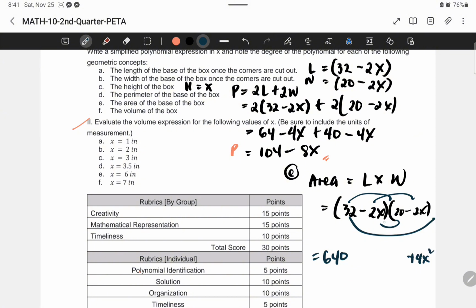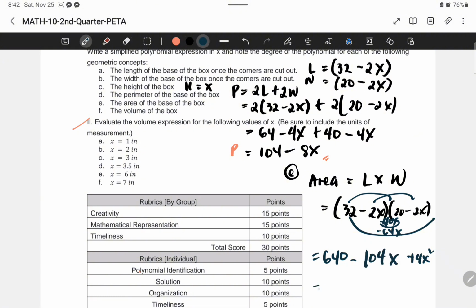And negative 2x times 20 is negative 20x. Diba? 32 times negative 2x is negative 64x. And negative 20 plus negative 64x is negative 84x. Tama ba? Negative 20. It should be negative 2x times 20 is negative 40x. So negative 40x plus negative 64x is